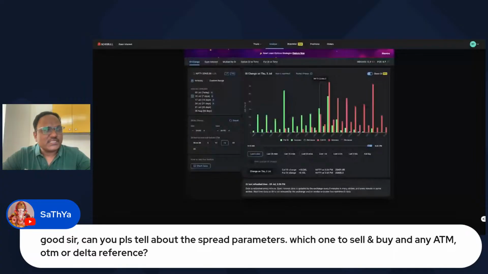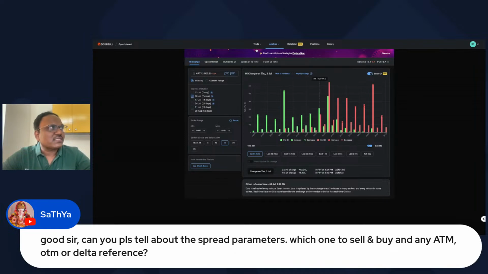All right, so I'm on Sensibull right now. Let's say if you're not very sure which spread you have to take, simply take this as the sell and then maybe this as the buy. That way you have at least the OI support here, right? So open interest support, and you have plenty of days. For example, if you're doing 10th July, you can take this trade.